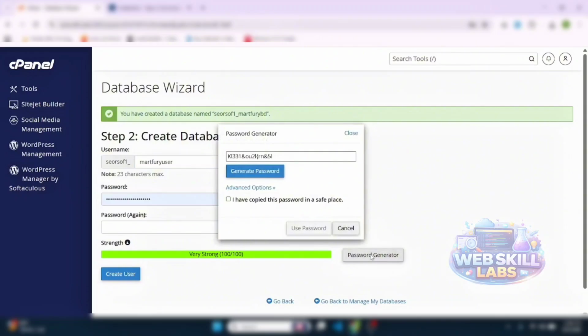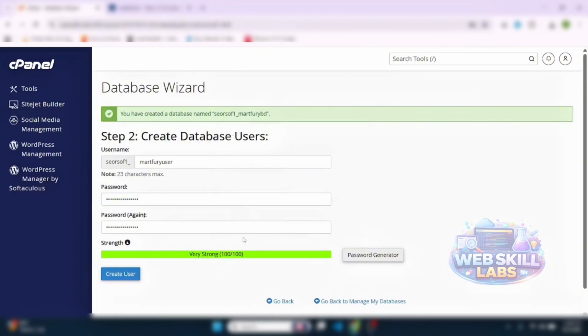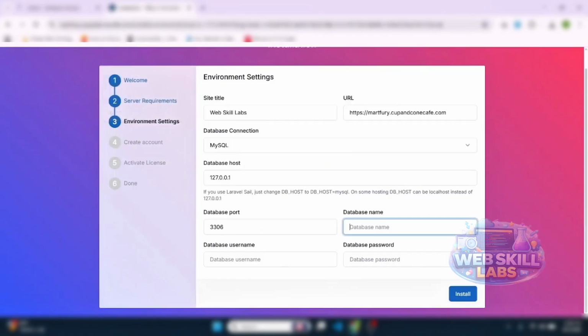Now generate a password. Copy the password. Tick mark. I have copied the password. Save plus. Okay, click create user, and at this time